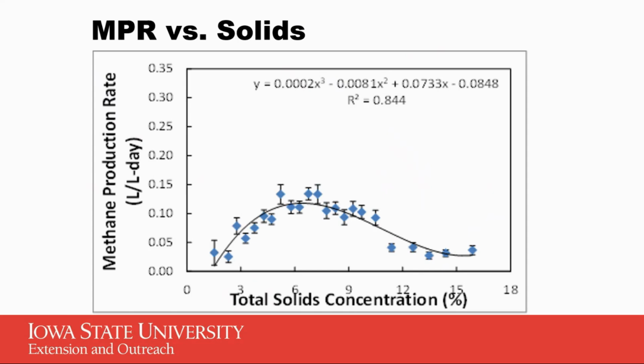Also, when we think about methane production rate versus the amount of total solids in a pit, typically I would say the dry matter of manure is going to be somewhere around 5 to 6%. But as an industry, we've been very conscious of our water usage and not wasting as much water. So it's certainly not uncommon for manures to float anywhere between 5 to 8% dry matter, which is also the sweet spot when we look at overall methane production.